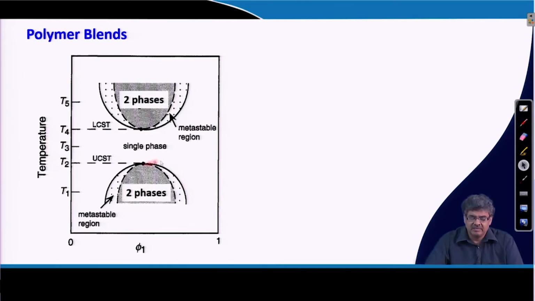Similarly, we can have another scenario where above a certain temperature the polymers become miscible, or they have a single phase, and this particular temperature is called the upper critical solution temperature, or UCST, below which, depending upon the composition, we can have either a single phase or a two phase